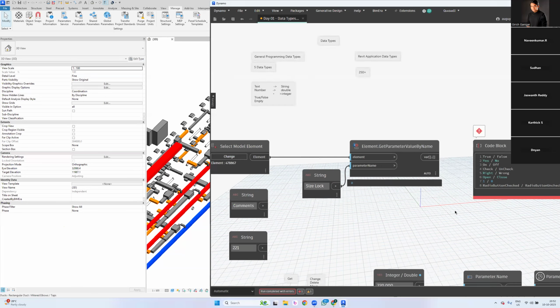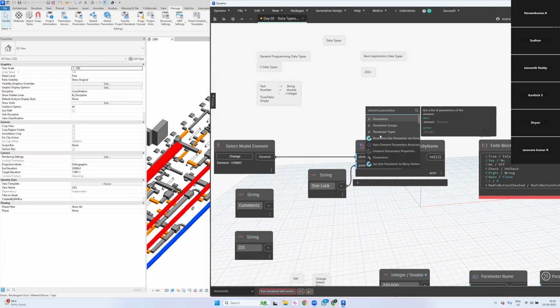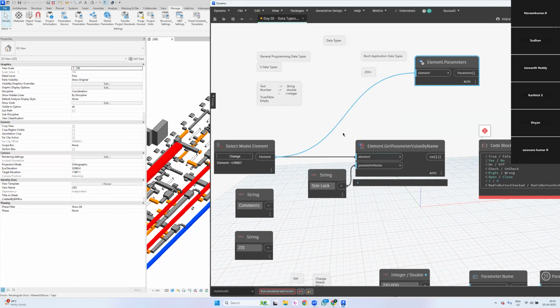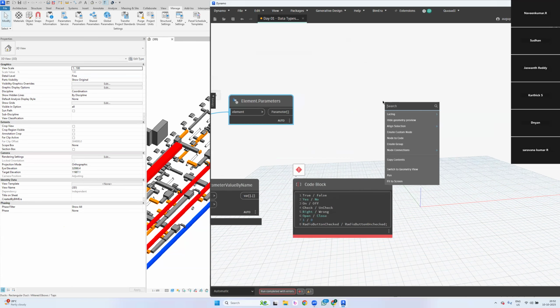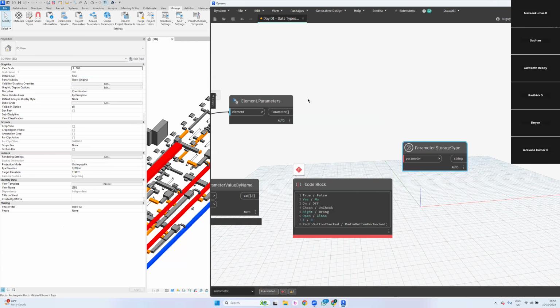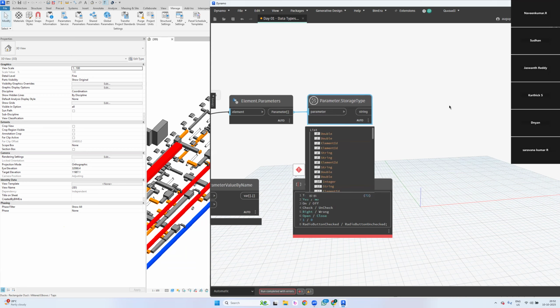Now, if I would like to check the data type of the size log, I'm asking element.parameters and parameter.storage time. If I connect this to this, you will not be able to see any